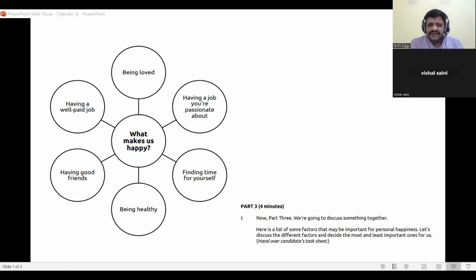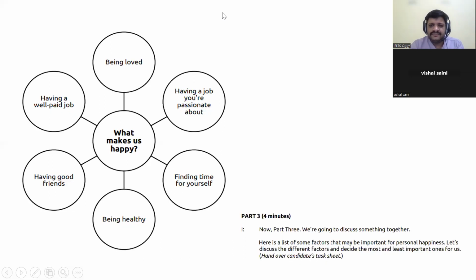I will give you some more time to analyze the picture. So take 2, 3 minutes, see what it is about, and then we'll discuss it. I just want you to know that the examiner puts a question regarding the picture. Any picture, this is one example. Such a kind of diagram will be there. It could be about any topic. So I'm giving you 3 minutes to understand the picture. I'll be back. You go through it, and we'll discuss it then.